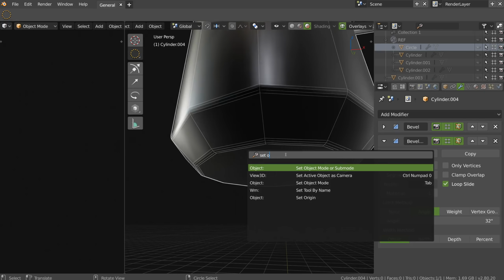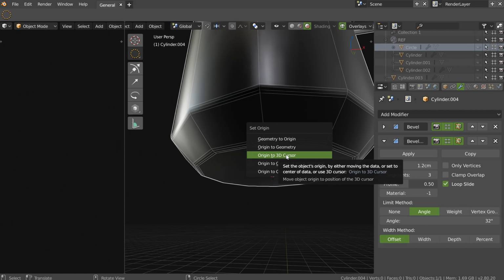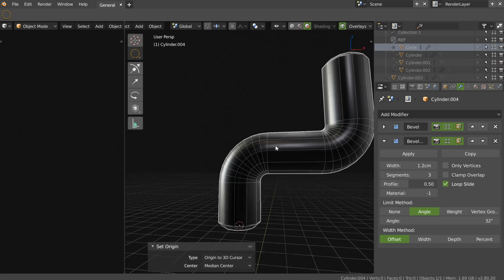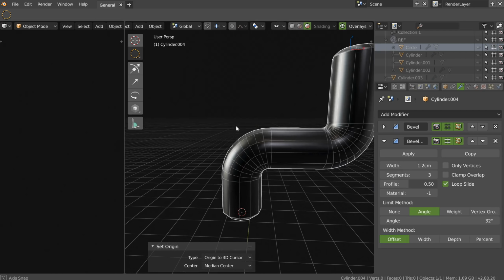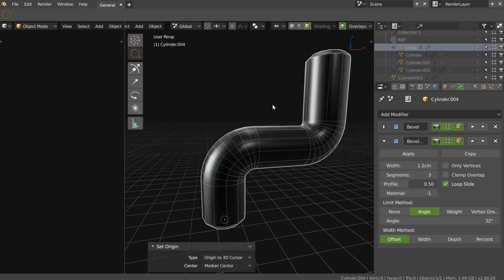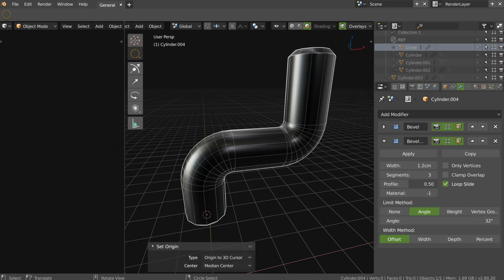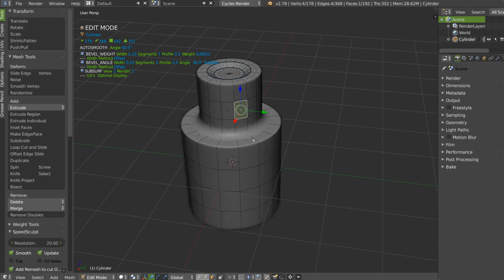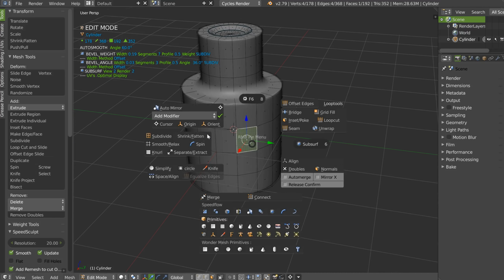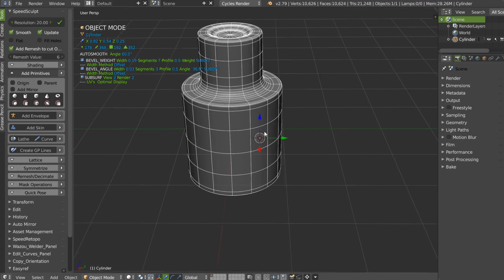Set origin, to 3D cursor. Okay, so as you can see, this is a waste of time, because imagine on 279 I did something like this: select origin, that's it.